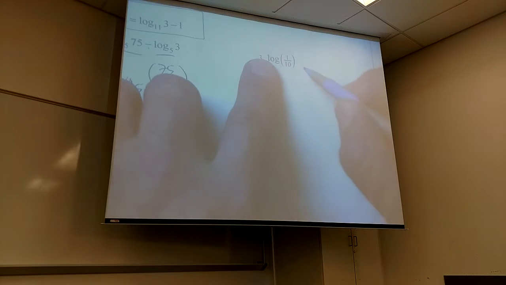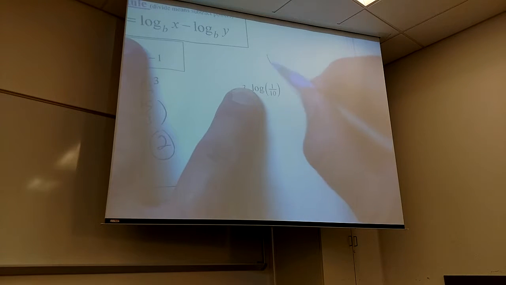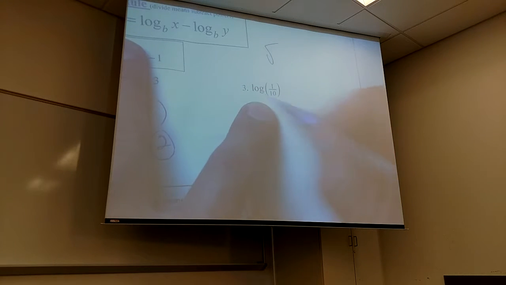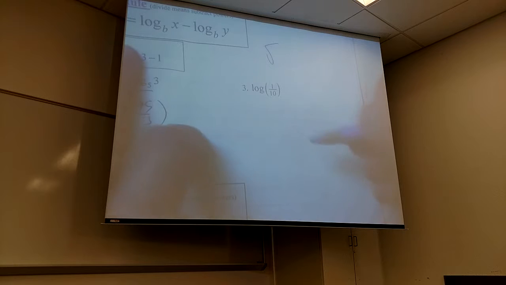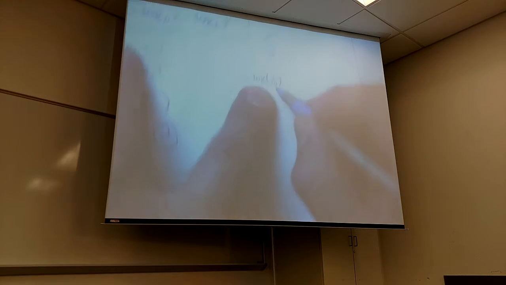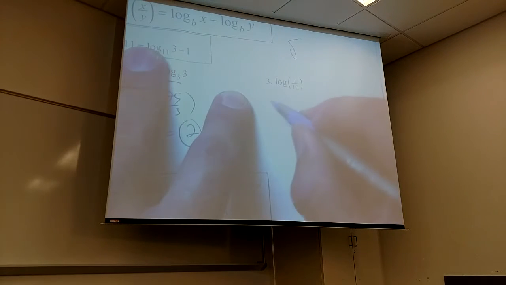Now this one, there's several different ways to look at it. First off, you have to realize the same way we have a square root symbol, we don't put a 2 there because it's the most used root. Log base 10 is the most used logarithm, so we don't put a 10 on just to save time. If there is no base, I know it's base 10. There is no number, I know it's a 2 in there. So I could do this a couple different ways. If I'm following this rule, it would be log 1